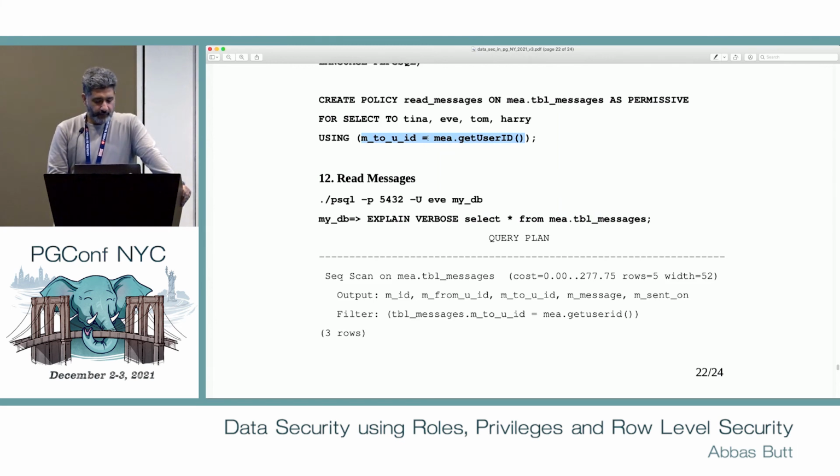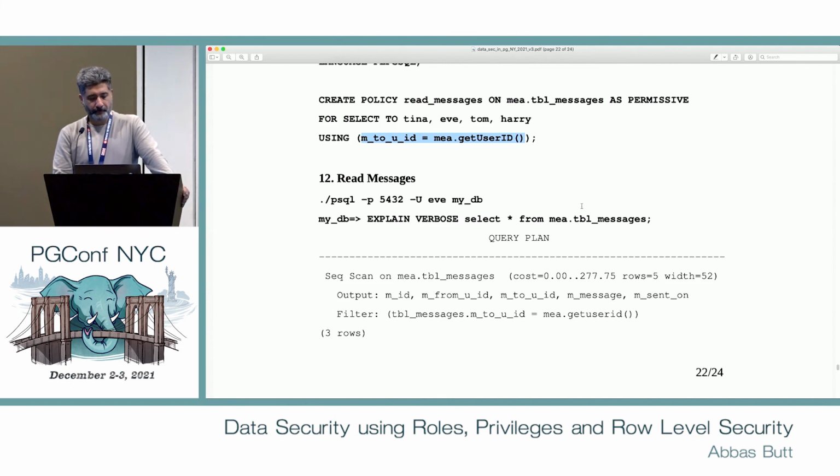That is, let the users select from this table only if the to user ID is the same as the currently logged in user ID. This will make sure that only the rows where the user ID is the same as the currently logged in user ID would be visible to the user.